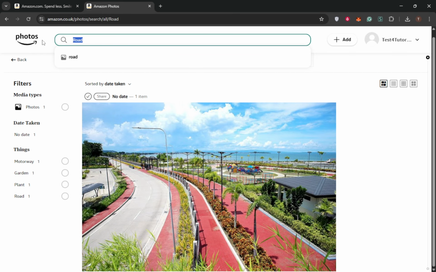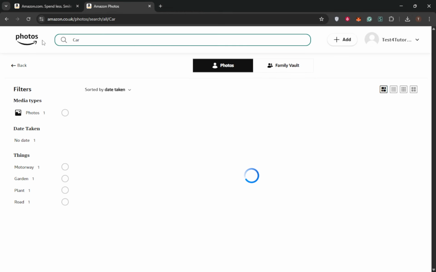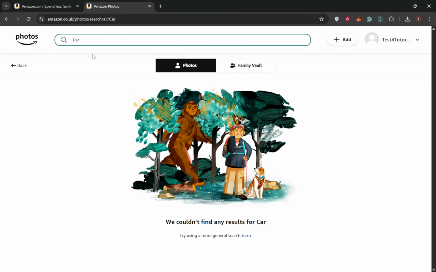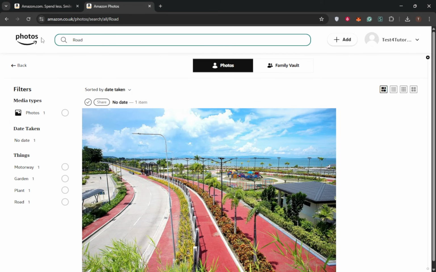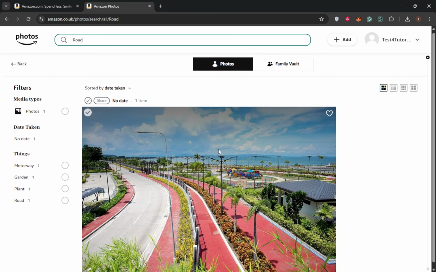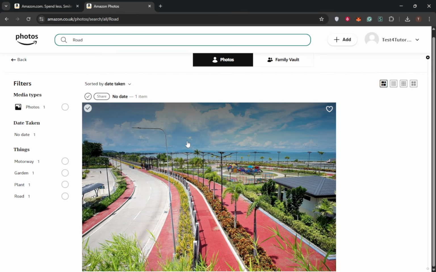As you type, you may see suggestions appear. Selecting one is a quick way to jump to the relevant photos. If you get too many results, add another word to narrow it down, like combining a place with an object or an action. Depending on your version of Amazon Photos, you might also see category shortcuts that make browsing even